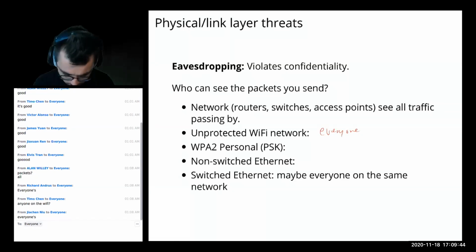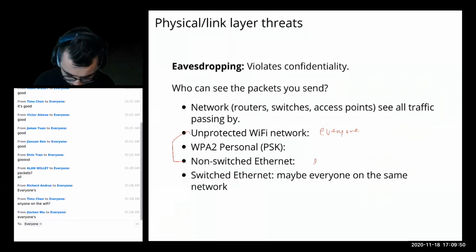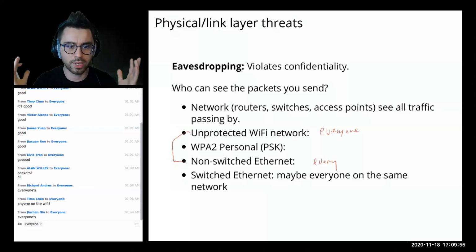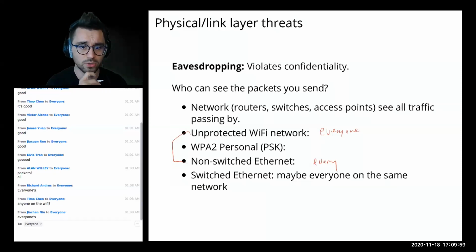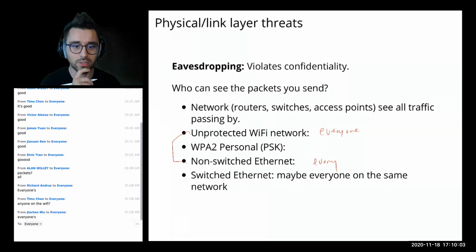So this is kind of the equivalent of the non-switch Ethernet, the Ethernet using a hub. We can see everyone again, because basically this is a broadcast. We're just broadcasting, and then we're hoping that only the right machine listens to our network packets. Okay, what about WPA2,